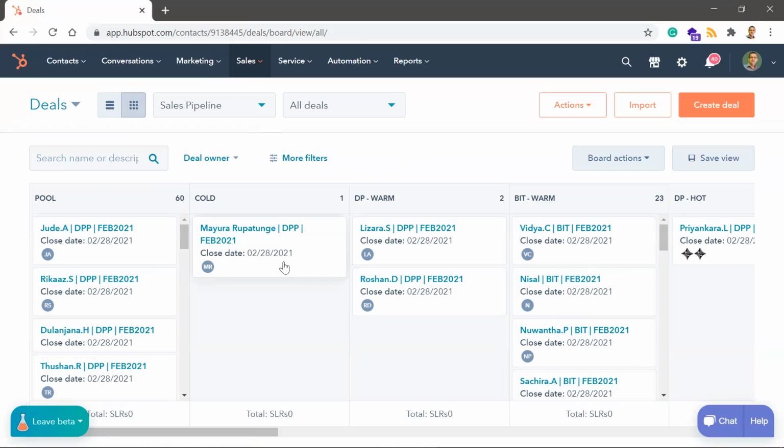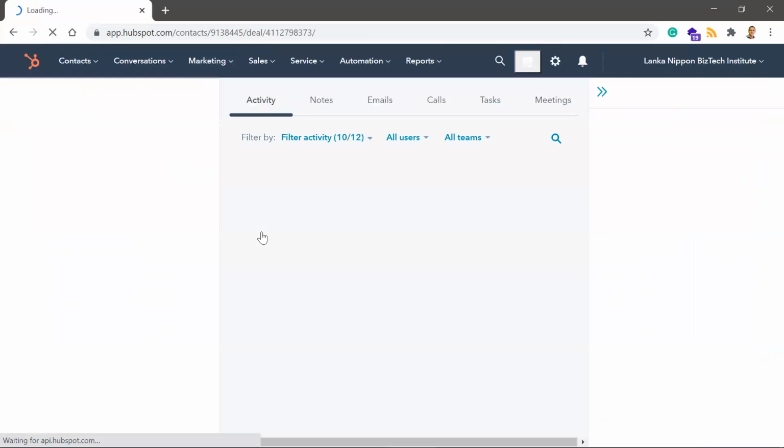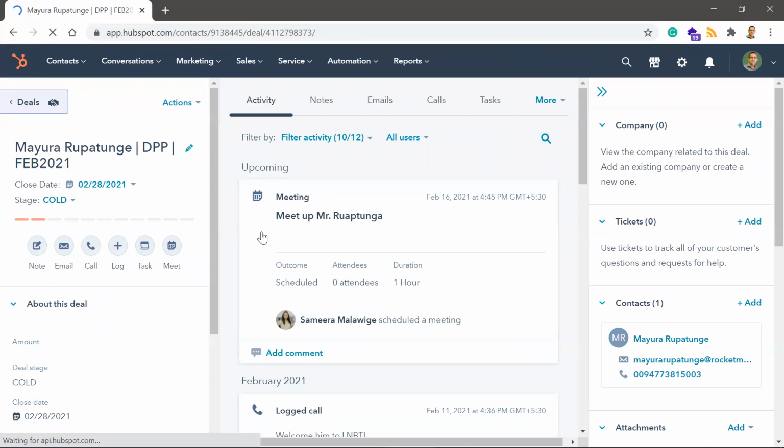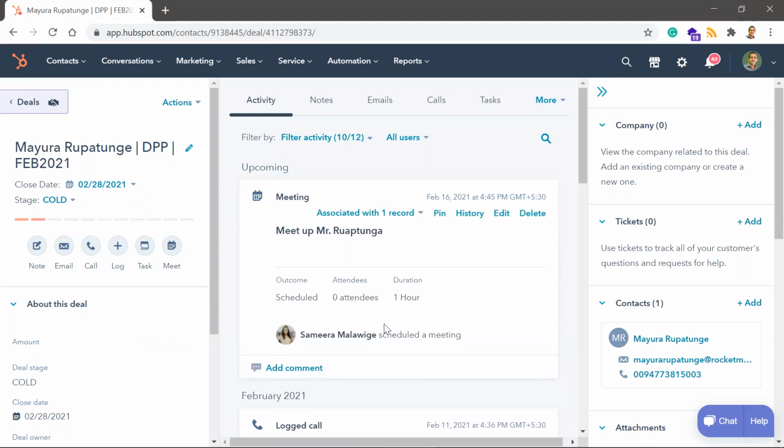For example, Mayura Rupasinghe: if I click on that, I'm going into the details of the deal. Again, you have to be very clear about what is a deal and what is a contact. This is the deal created for Mayura Rupasinghe, and the deal stage is called. And what about the contact stage?